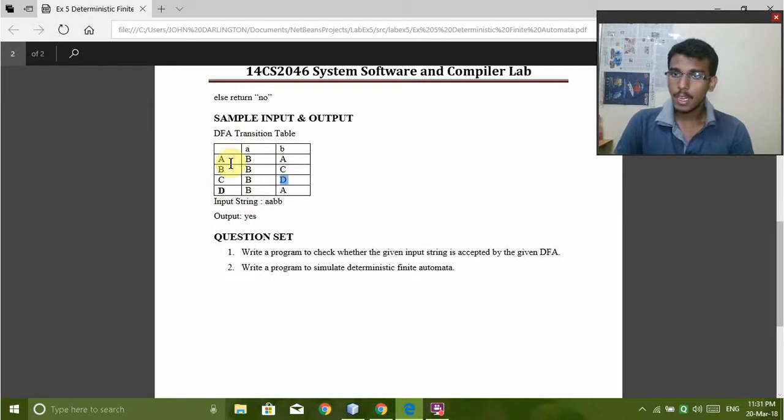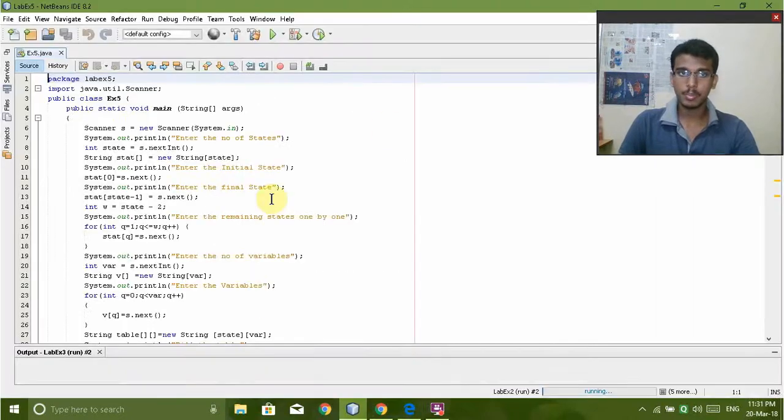So every state is being in the transition table, and finally you say that the string is being accepted by the transition table. So the similar thing we are doing with the help of a program in Java,